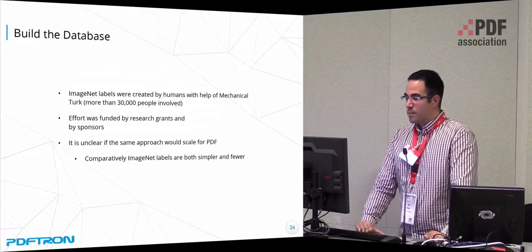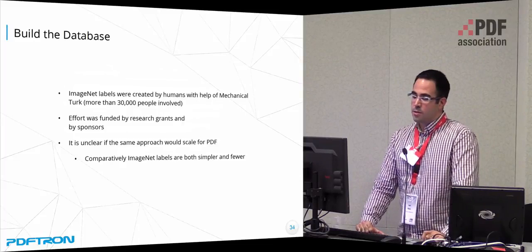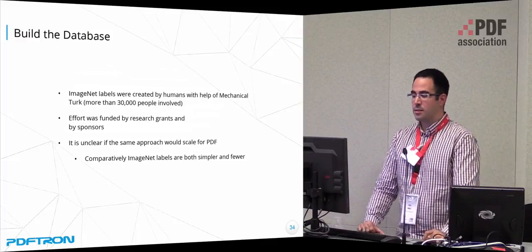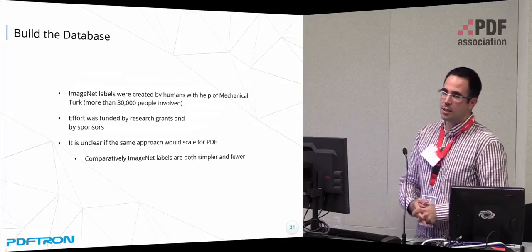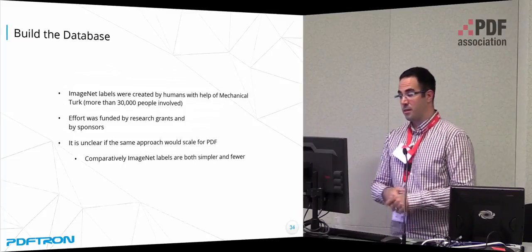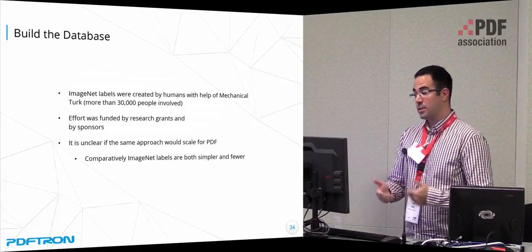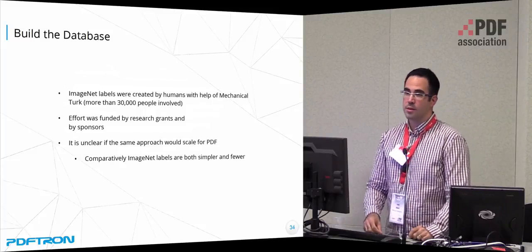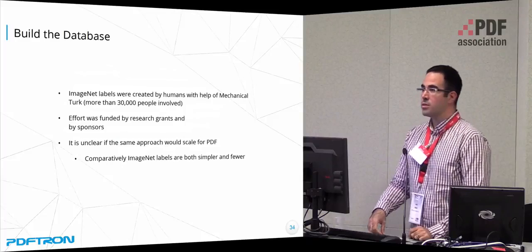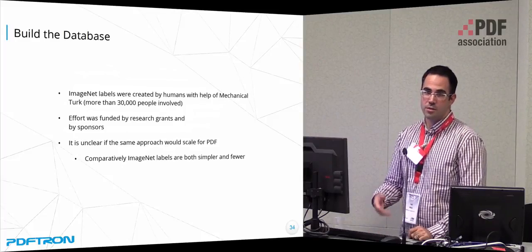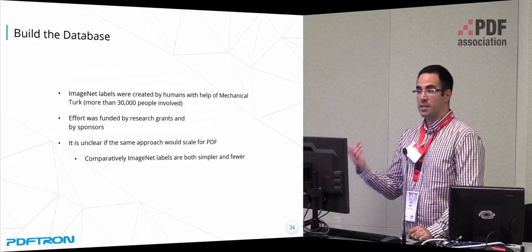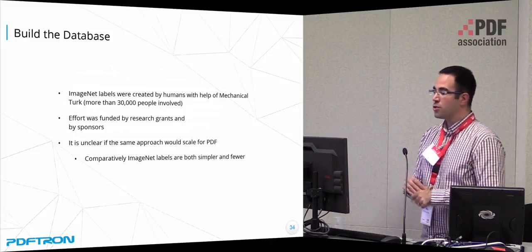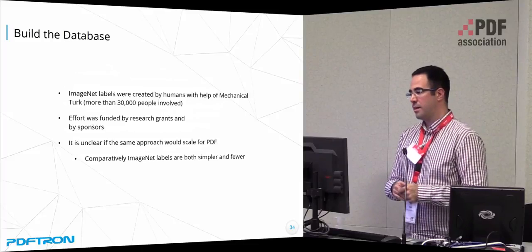So the question is, can we use the same approach for PDF? Again, besides the funding issue, it's unclear whether we can scale, whether we can use the same approach here. Comparatively, ImageNet labels are both simpler and fewer in number. A single PDF document may contain hundreds or thousands of labels, whereas a typical photograph has a single or couple of labels. Also, the labeling process is more involved, and